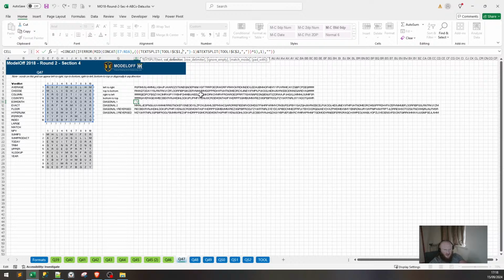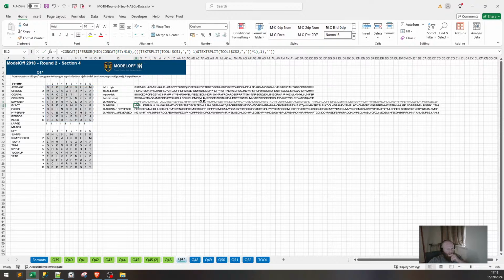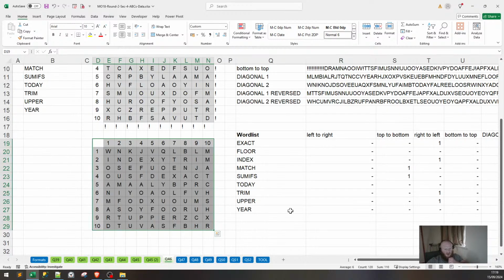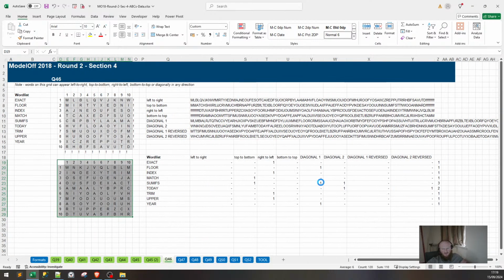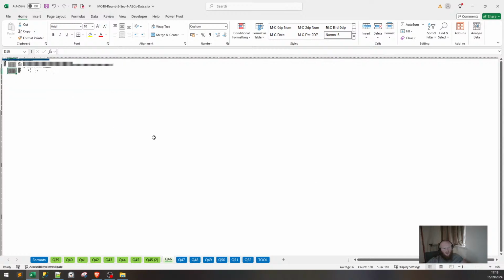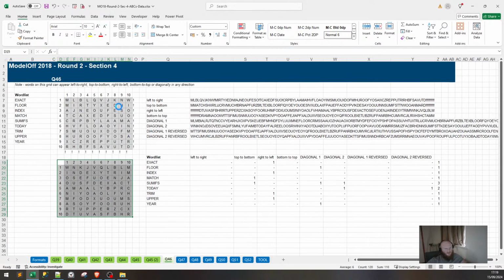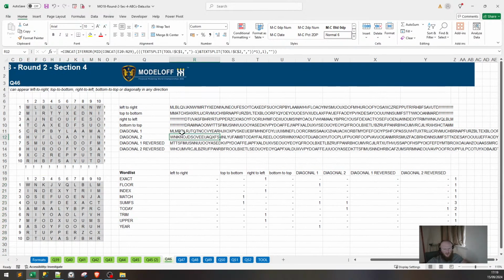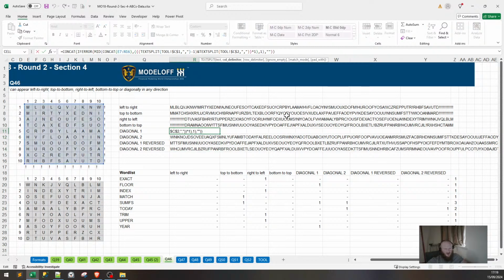Why does it finish at M? Should start with R and finish at Q. What is going on? Let's zoom out here. I think I may have gotten away with it here, you know. There's one that appears twice, but what the hell is going on here? Why is it not stopping at D? If I did this,